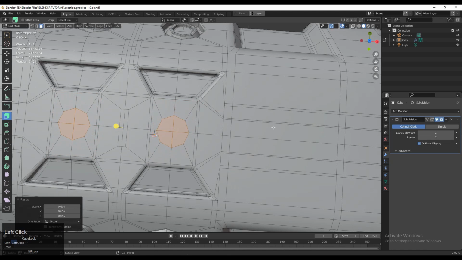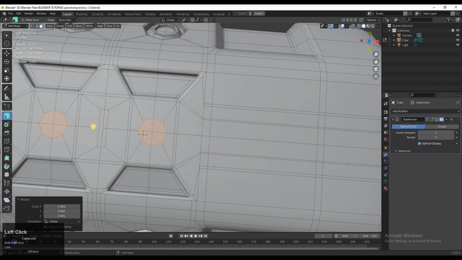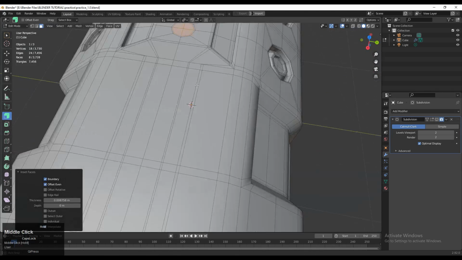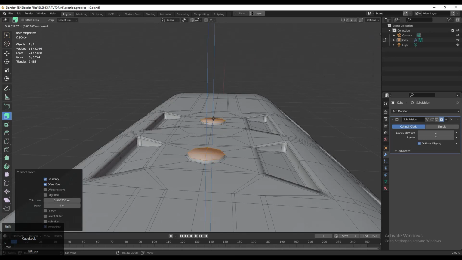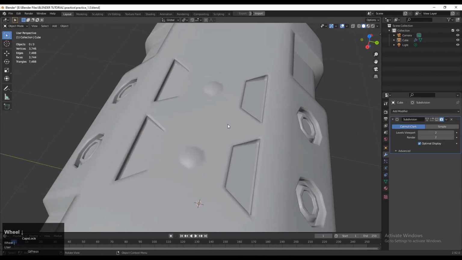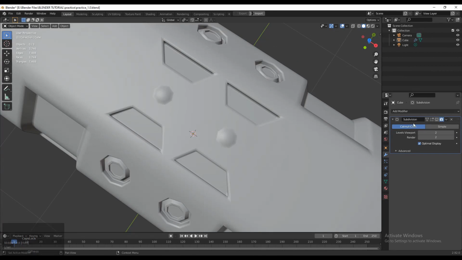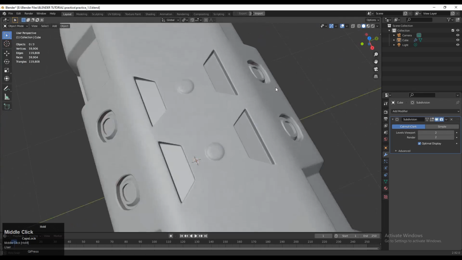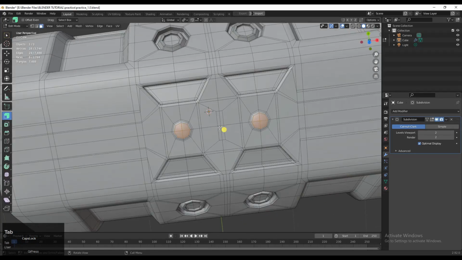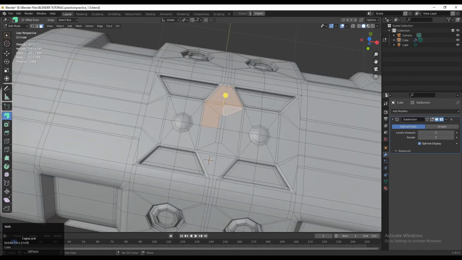So select these faces, press I for the insert operation and use the loop tool just for the simple boolean. Okay, press I one more time for the insert operation and then just extrude it out and scale it down a little bit, and that looks good. You can see if you turn on the subd modifier, you don't need to add more loops there, you will get a decent look. Then select these face loops